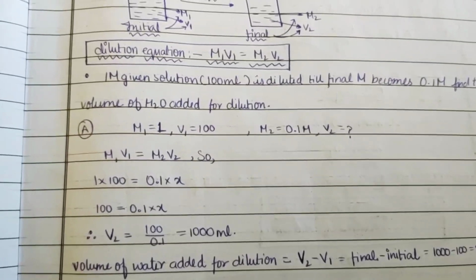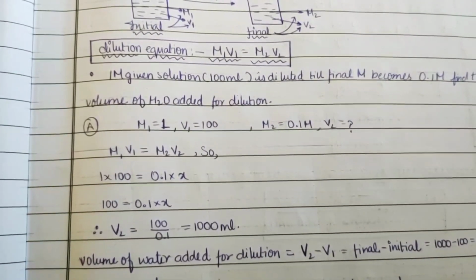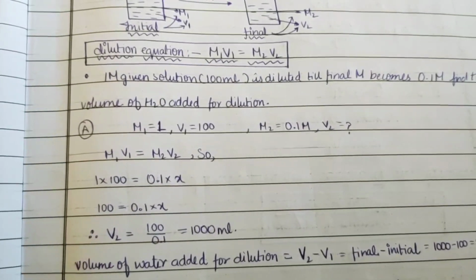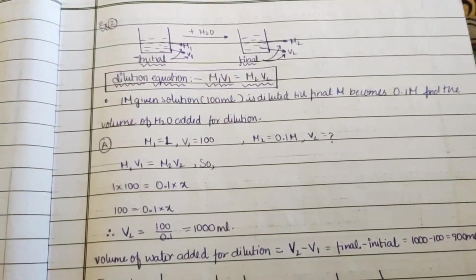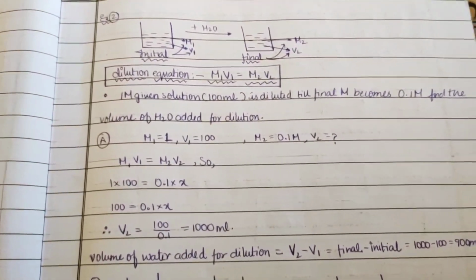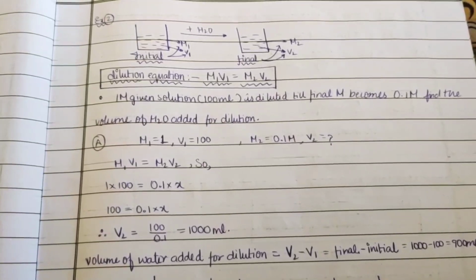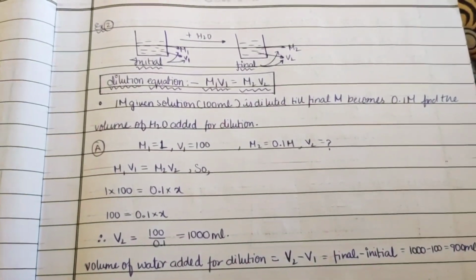So 1 into 100 = 0.1 into x. We'll take V2 as x, then V2 = 100 by 0.1, we'll get 1000 ml. That means we have 1000 ml, the final solution volume equal to 1000 ml, but they ask the